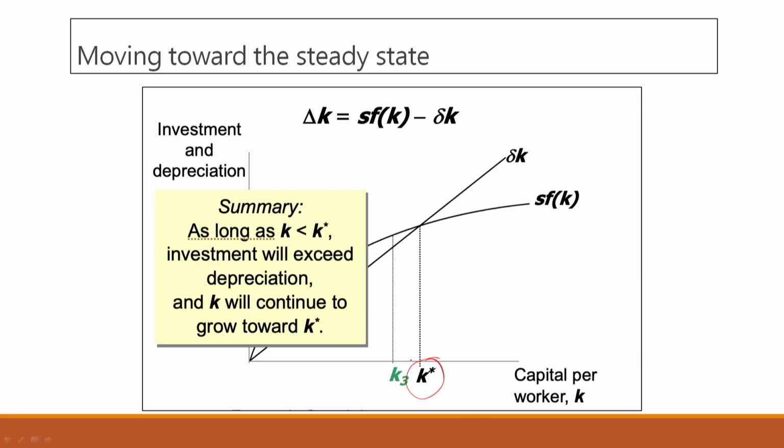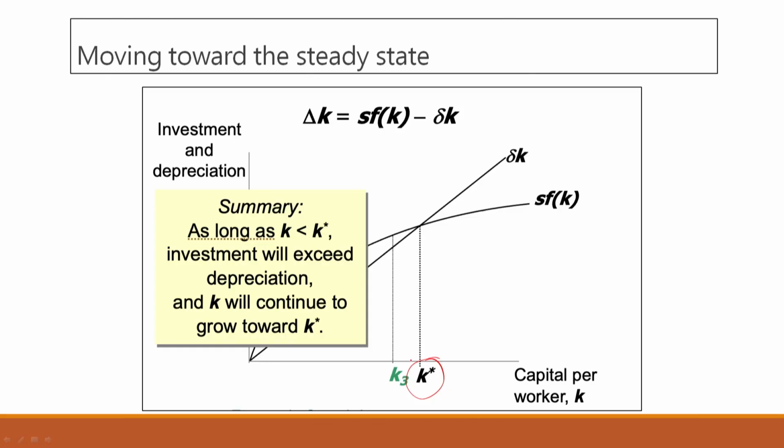The question being, once an economy has reached this point K star, does it imply that output is not growing in the economy? Why are we asking ourselves the question? Because we said at a point like K star, delta K is equal to 0. In other words, if we were to draw the production function and extend it up to here, there is going to be some y star here.